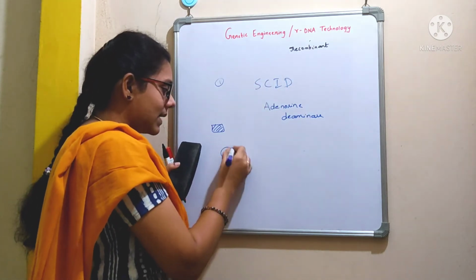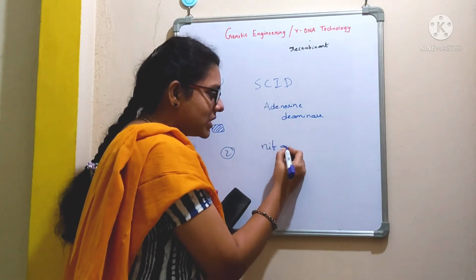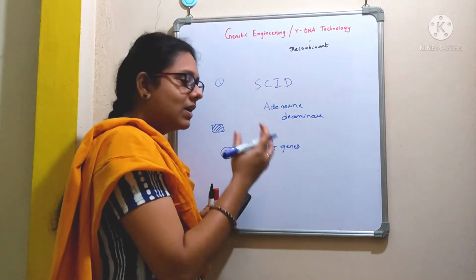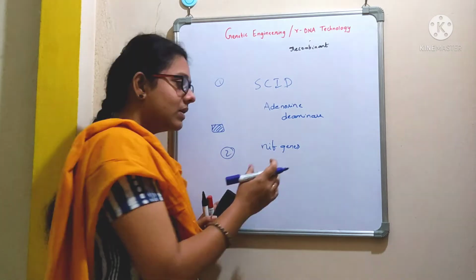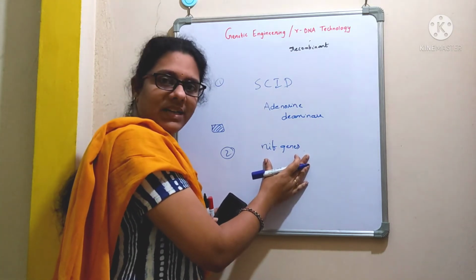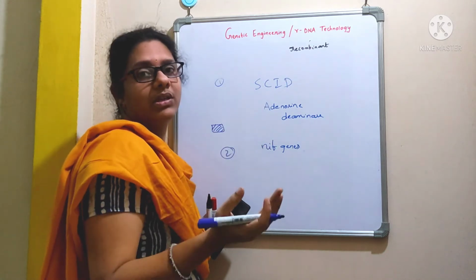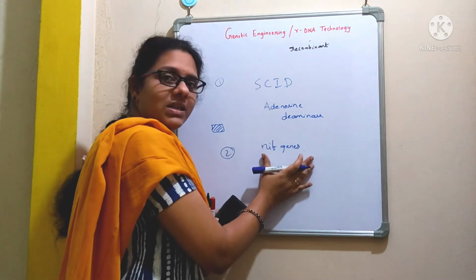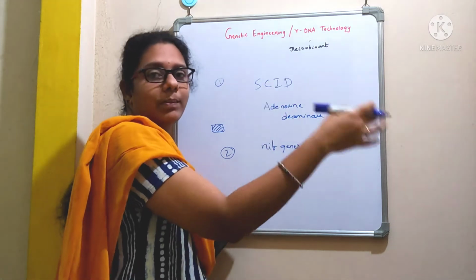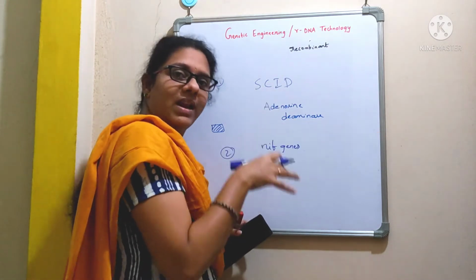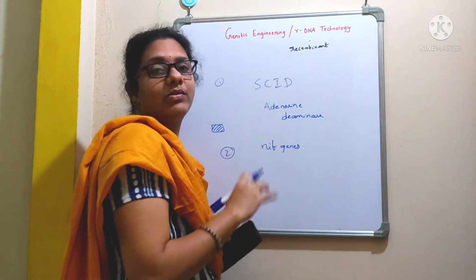And I'll give you one more example. By using this technology, we can introduce NIF genes into several crops like wheat, rice, barley, corn, etc. So what is the role of these NIF genes? These NIF genes are bacterial genes which are capable of converting atmospheric nitrogen into ammonia, right? So see here, these NIF genes are from a bacterial source and we are going to incorporate these genes into a plant source. Now the plant will acquire the property of being capable of converting atmospheric nitrogen into ammonia.